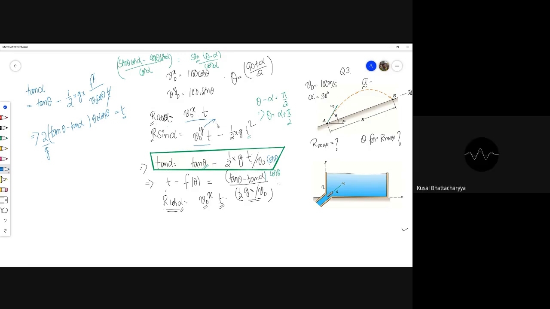No sir, I am saying that if you substitute this t into this expression, then we will get the equation with respect to theta, and we will do the derivative with respect to theta and put it to 0. You can do that. But you know, this also applies over here. This equation also, that is true, right? Whatever expression you get for t, you can substitute into the first equation. Okay, and whatever maximizes r cos alpha should maximize r.